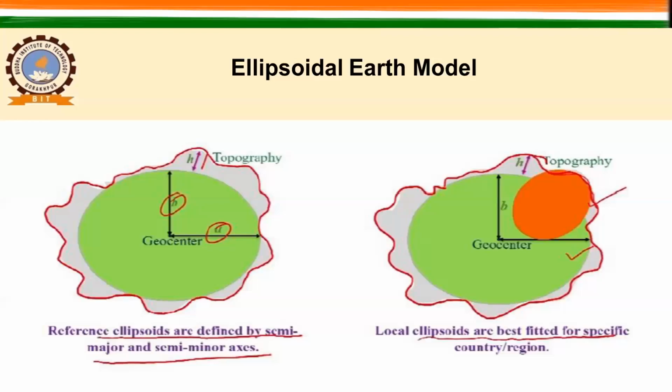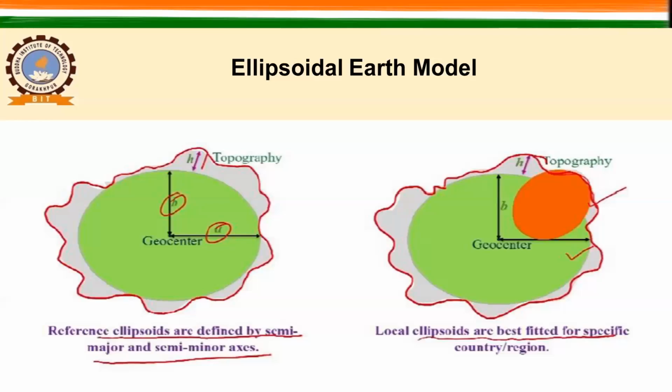So this is the reference ellipsoid, identified by the semi-major and semi-minor axis. Now here again, this topography you can assume here. This topography, small h, you are familiar with now. When we consider our Earth as an ellipsoid, it still does not fit with this particular topography. When we consider this ellipsoid to represent our Earth's surface, it is not